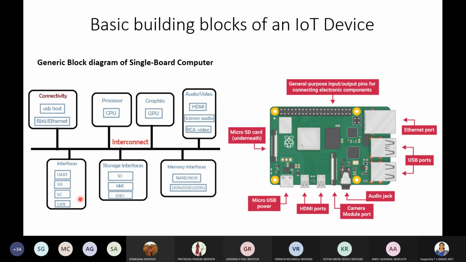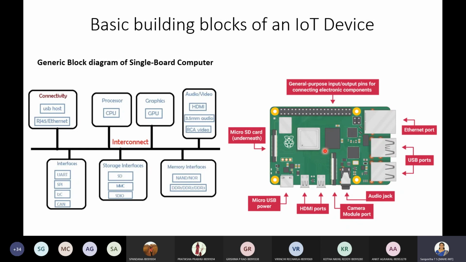These interfaces will help Raspberry Pi to be connected to other modules, other physical devices, so that they can interact and access data. And here comes the connectivity part, say if you want to connect this Raspberry Pi to USB, or to the internet, you can make use of Ethernet. So there is a connectivity part as well. All these are marked here as well.